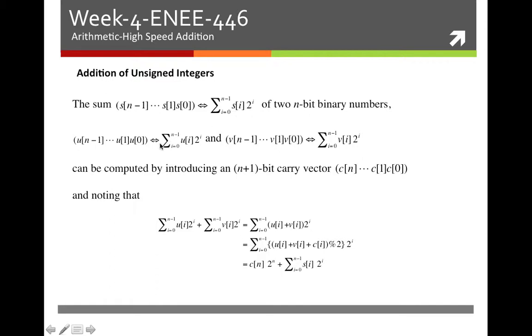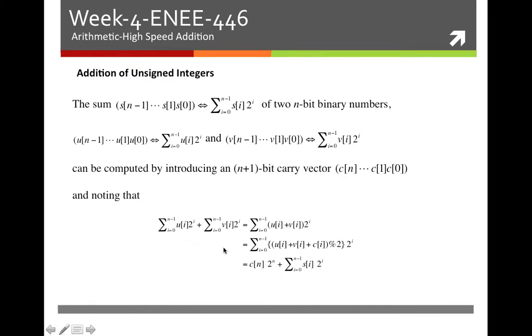And we then take our two operands, u and v, and write them out in the same way. And our goal is to generate the sum of these two n-bit numbers. They're binary expressed. And so in order to do this, we introduce a carry vector, which is sort of like an n plus 1 bit vector. The last carry is really the carry from the entire computation, but all the other carries are needed to perform the addition itself simply by